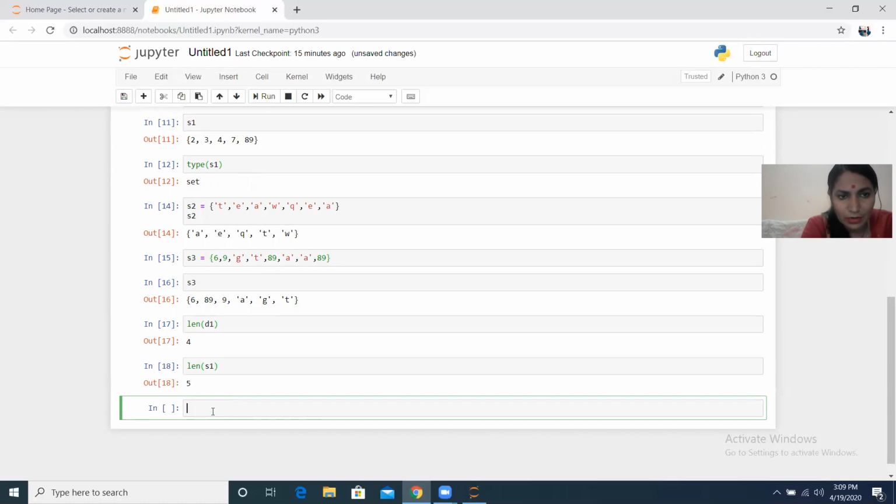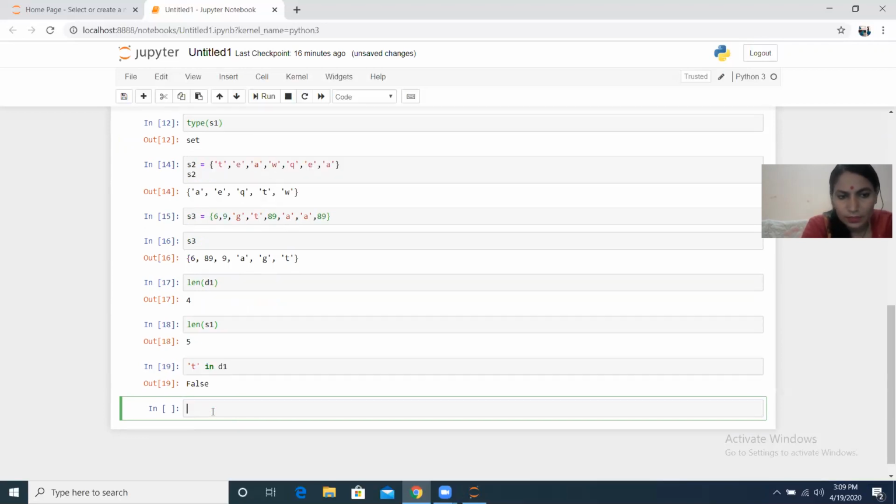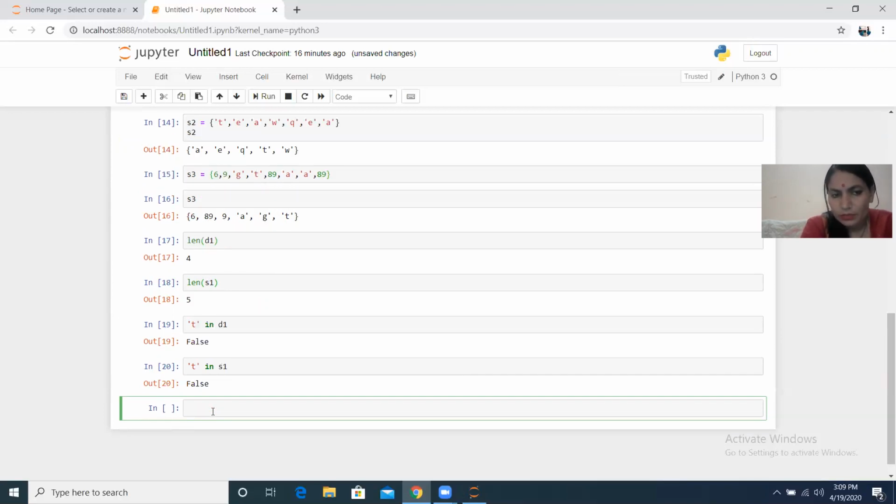Let's say we need to check T in D1. So if it is there, then True. If not there, then False. And you can check that in set as well, in S1. Right? So length and in will be there as well.